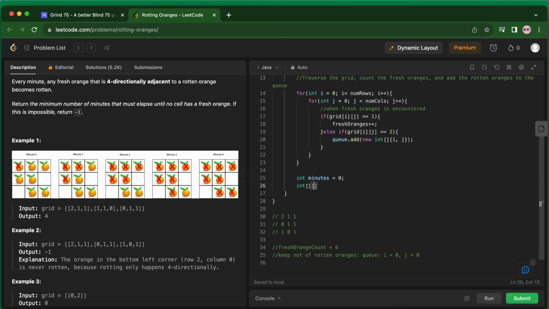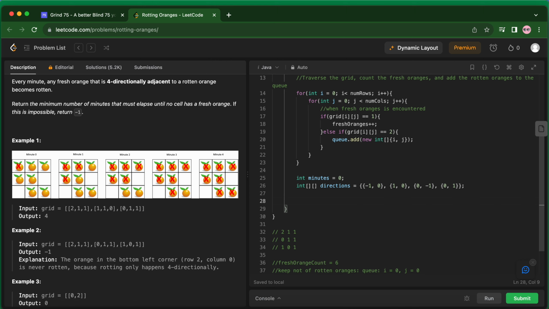Similarly, we'll keep all the 4 directions: -1 0. Similarly, we'll have 1 0. Similarly, we'll have 0 -1 and 0 1. Right,